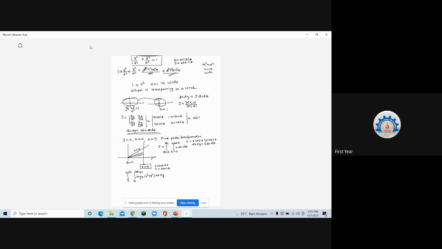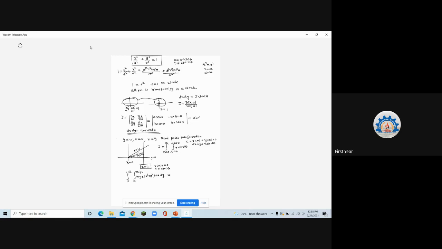So what's the first hint? That you should use polar coordinates because it is x square plus y square, and the limits also have x equal to root of a square minus y square, so x square plus y square is equal to a square. So that means you have to use polar coordinates. So try putting x is equal to r cos theta, y is equal to r sin theta. Try to convert this to integration in polar coordinates and tell me. It's not at all difficult.